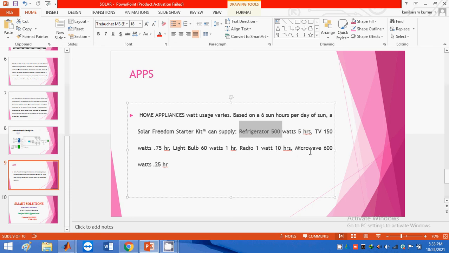So when the solar panels absorb sunlight for at least 6 hours per day, they give AC power for this much load.